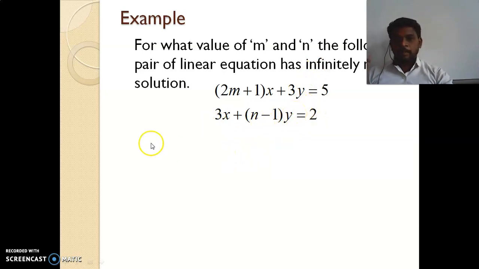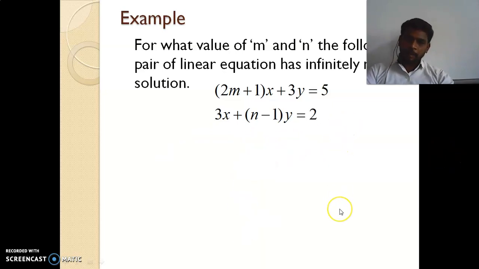Okay, then use the formula, that is write the formula for infinitely many solutions and substitute the values, that is a1, b1, c1, a2, b2, c2, everything. Then equate the first two ratios and find out the value, and the last two ratios and find out the value. Okay, so just apply it as in the previous sum. We have already seen one type of sum, infinitely many solutions. Okay, so proceed as per the steps in that particular video and then find out the values of m and n. So this is your homework.